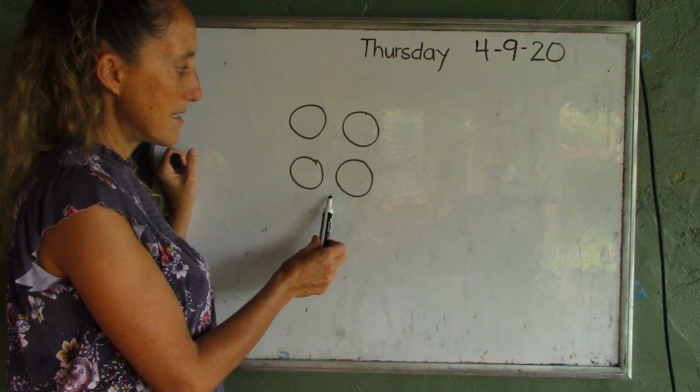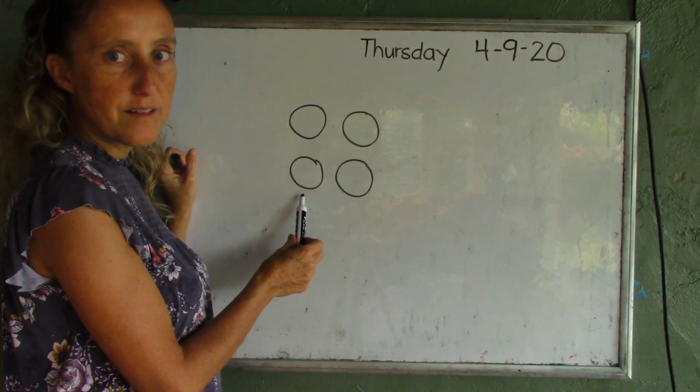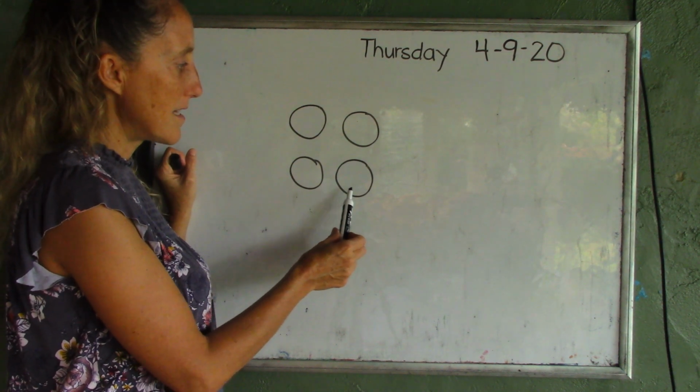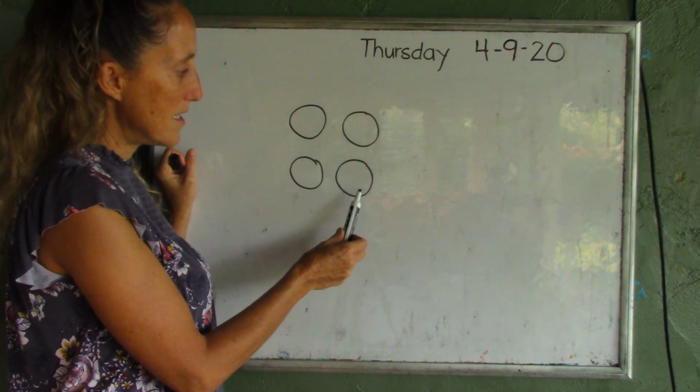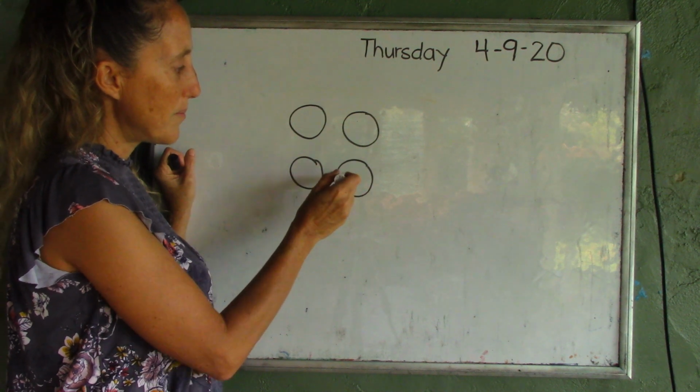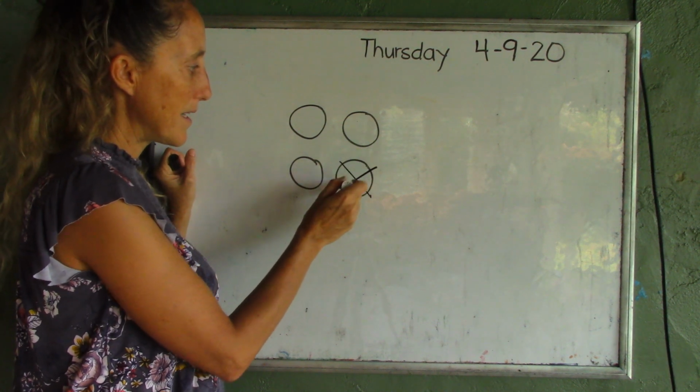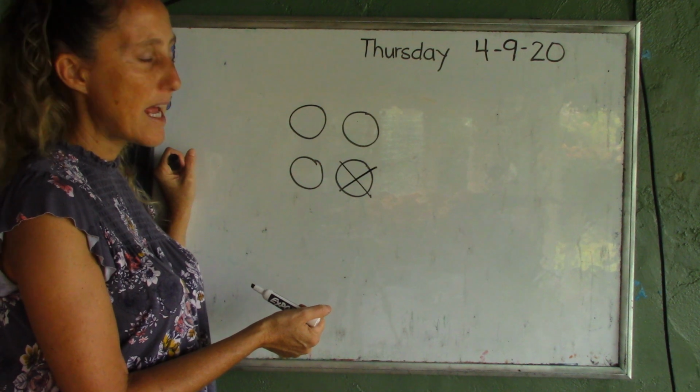Which way is right? Is it this way? No? Then is it this way? Yes, so this is the bottom right. So we're going to put an X on the bottom right. Okay, let's say that I want you to put